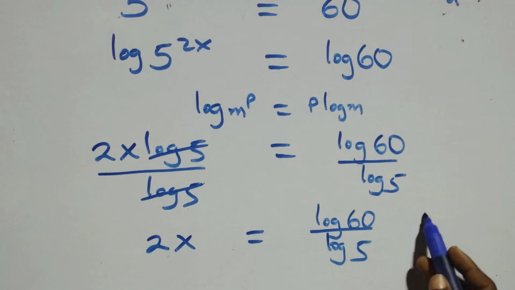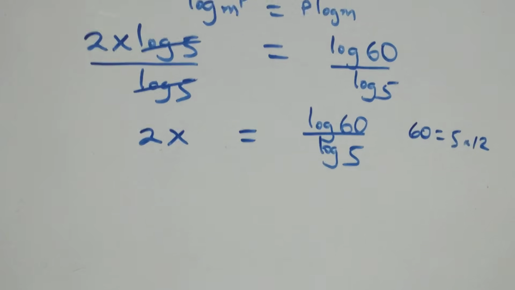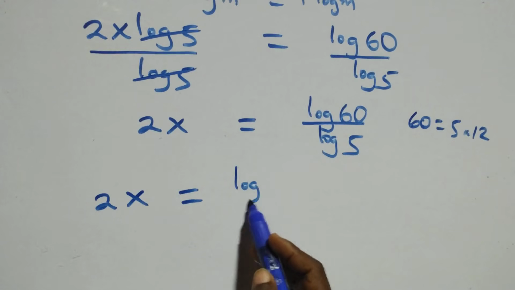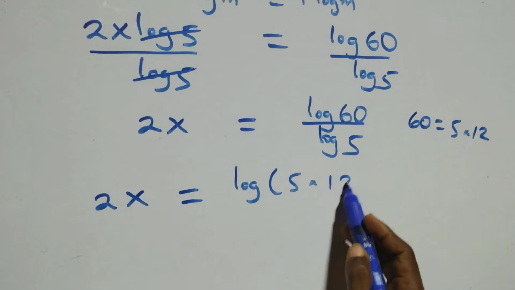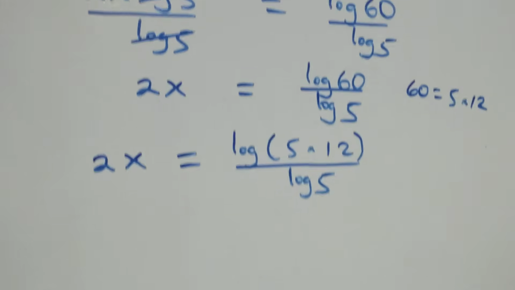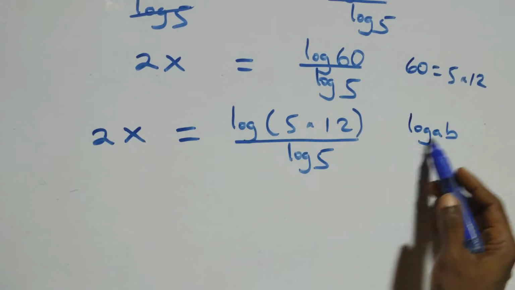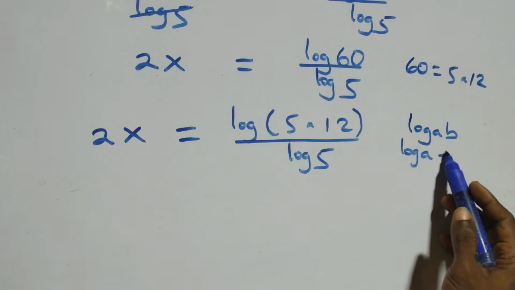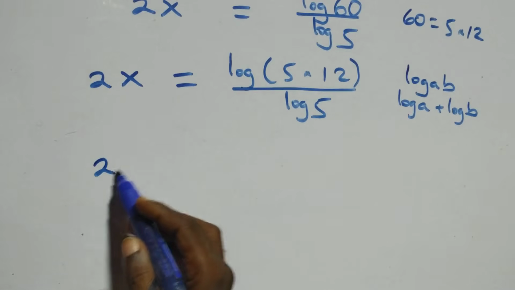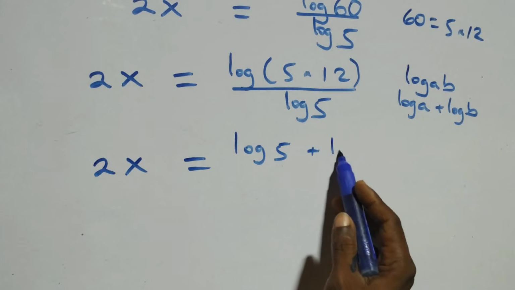Then, from here, we can write 60 as 5 times 12. That is, what we have here becomes 2x equals log 5 times 12 over log 5. Then this follows what we have: log a times b is the same thing as log a plus log b. Then what we have here becomes 2x equals log 5 plus log 12